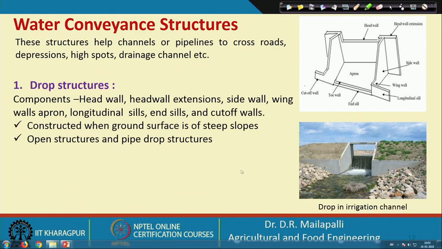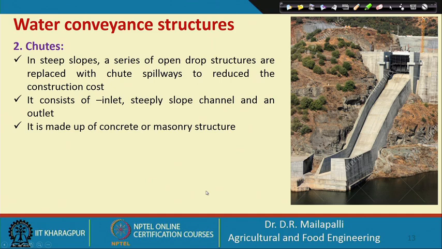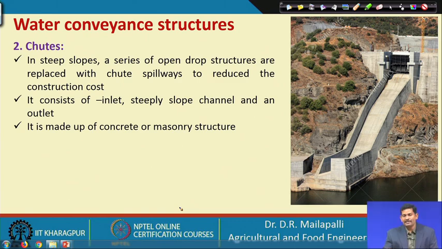So, the next structure is chutes. The main difference between drop structures and chutes is this: suppose your land grade is too much and it is lengthy. In that case, keeping a number of drop structures will be expensive. So only one chute can be planned from top to bottom, which can convey the water from the head end to the tail end without causing any damage to the